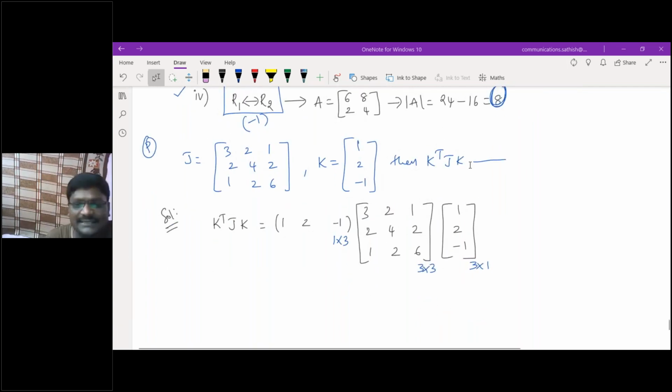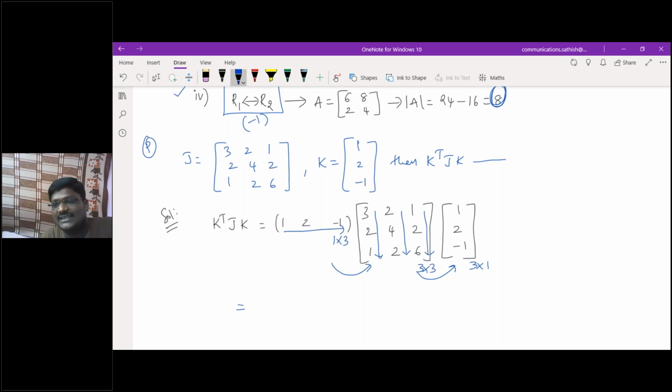First these two, or these two, you can do it whatever the criteria may be. Whatever result you get from this, that also you can multiply. First let me take these two things, then I will multiply the resultant. So this row with each and every column I need to multiply. What will I get? 1 into 3, 2 into 2, minus 1 into 1.